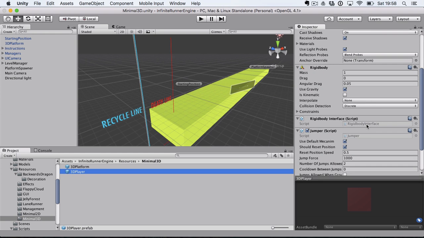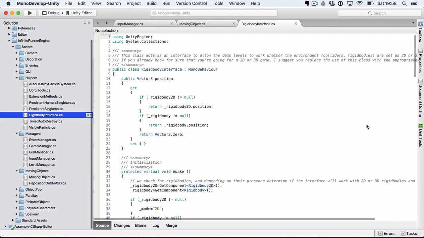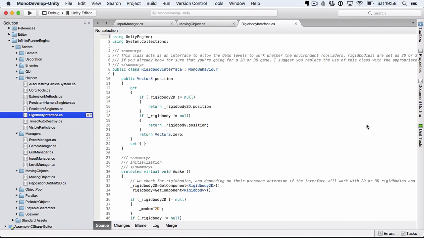I've put that there so you can use all classes. You can have the moving object class, the enemy damage class, etc., without having to choose between the 2D version of the class and the 3D version of the class. This interface handles everything and makes sure that